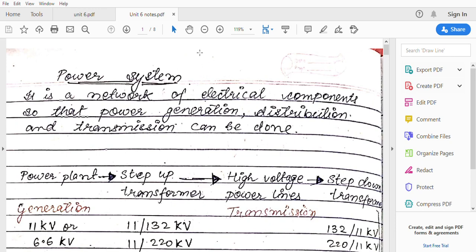Okay, we are very well aware of circuits. We have solved DC circuits, we have solved AC circuits. So circuits consist of some elements such as resistance, inductor, capacitor. Also, circuits can include machines like transformers, DC motors, things like that.